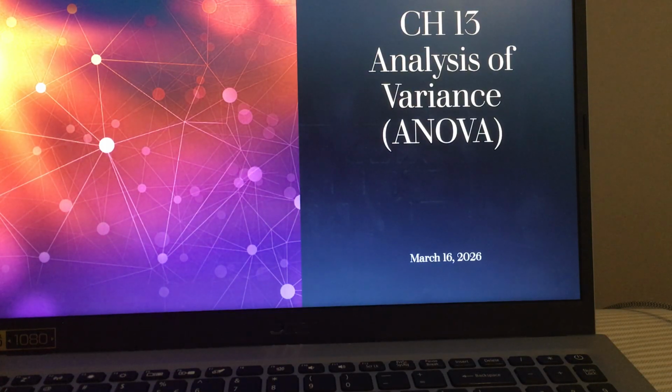The structure of this chapter is going to go this way. First we're going to introduce a fictitious data set that we're going to use as a running example throughout the chapter. Then we're going to describe the mechanics of how a one-way ANOVA actually works. Then we're going to focus on how you can run one in the statistical software JASP. These two sections are the core of the chapter, and then the remainder of the chapter is going to discuss a range of important topics